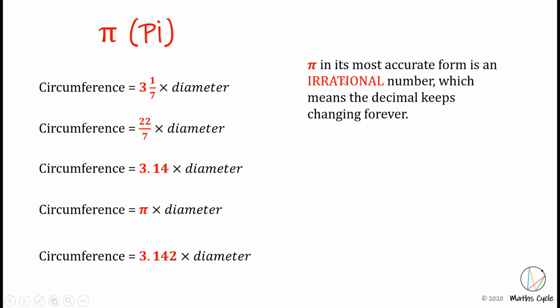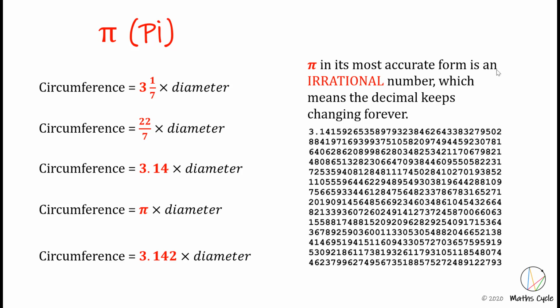Because pi, in its most accurate form, is called an irrational number. If you think of something irrational, it's a little bit crazy. So it's an irrational number, which means the decimal keeps changing forever. This decimal goes on and on and on forever, so there's no way you could put it all onto a calculator. If you want to see just a part of pi, it looks like this. Do you see the way it keeps going on? And obviously it goes on even more than that. It goes on forever and ever, hence being called